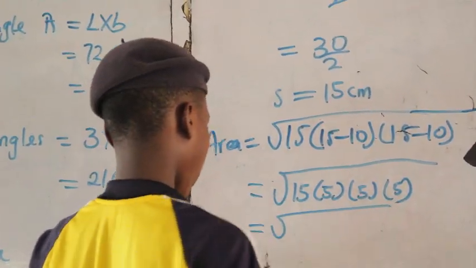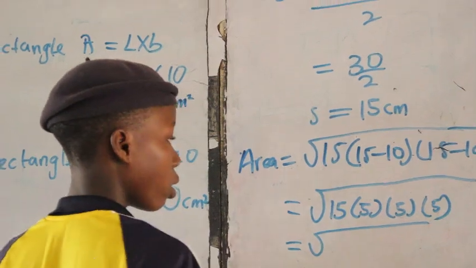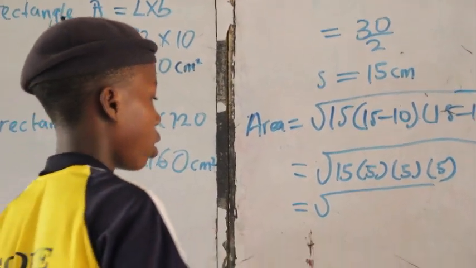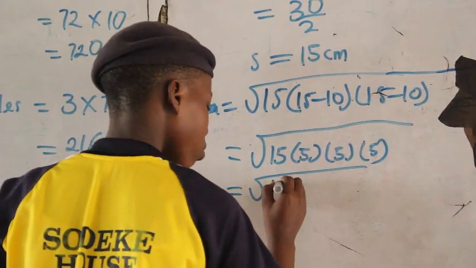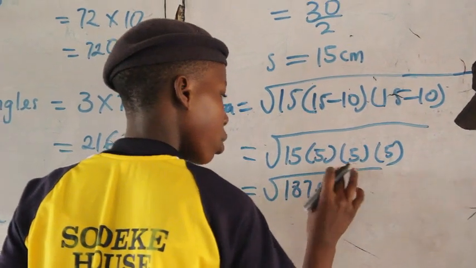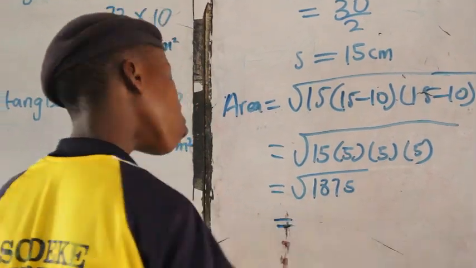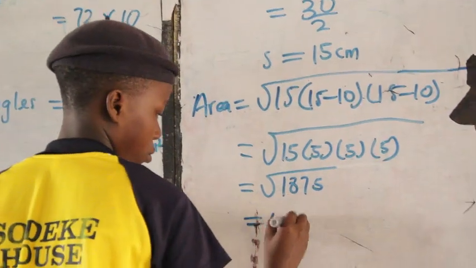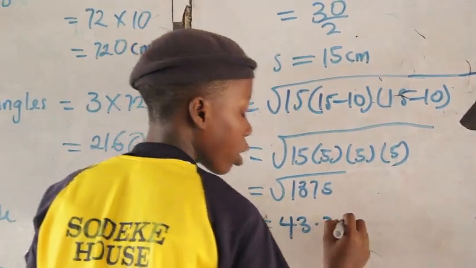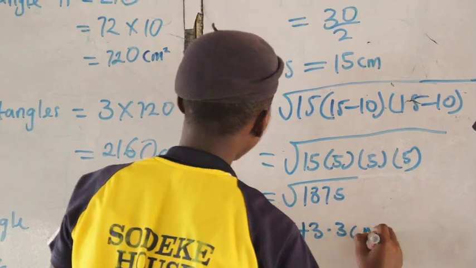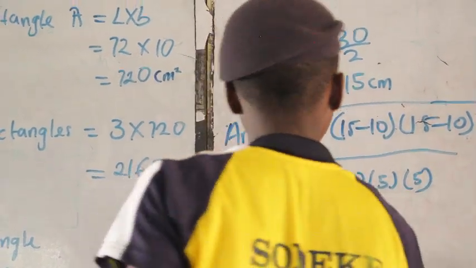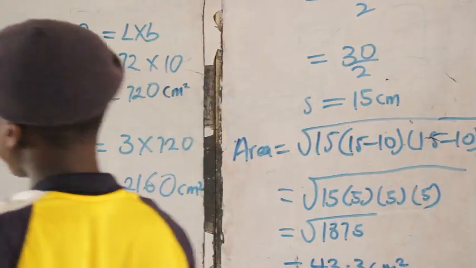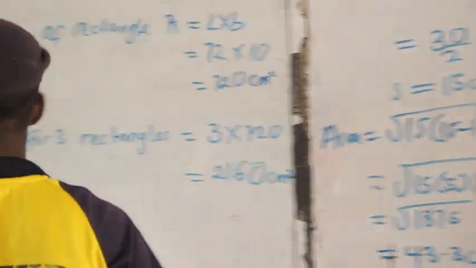Please help out to multiply. 15 times 5 times 5 times 5. 1,875. What is the square root of that? 43.3 centimeters square. And this one is for the